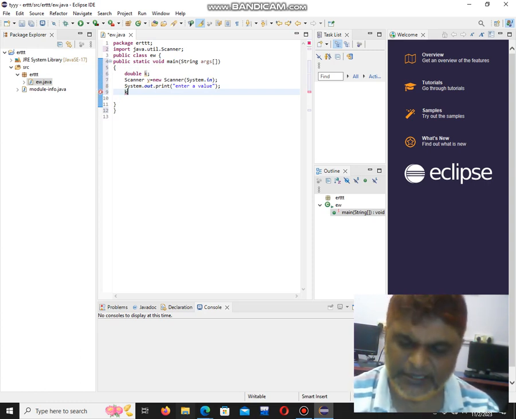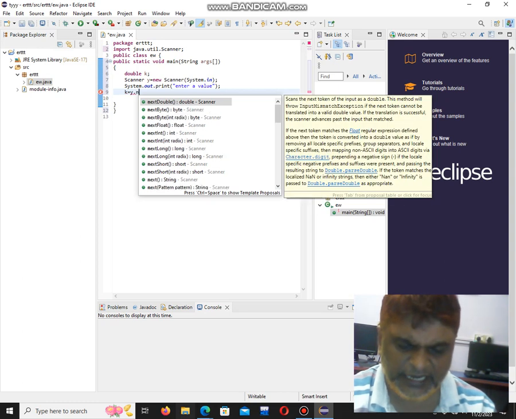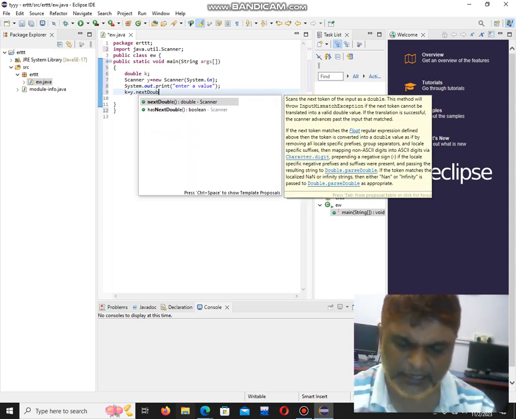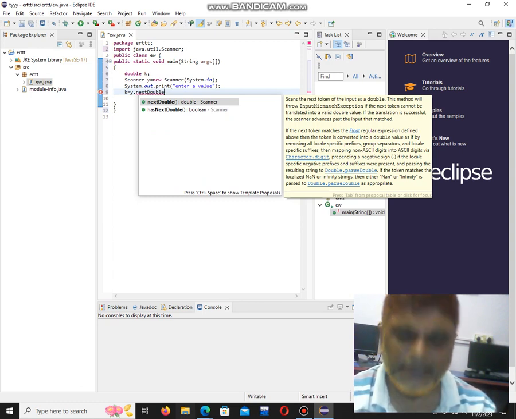I will say k is equal to the object name y dot next double. The method is next double because the variable k has the data type double.